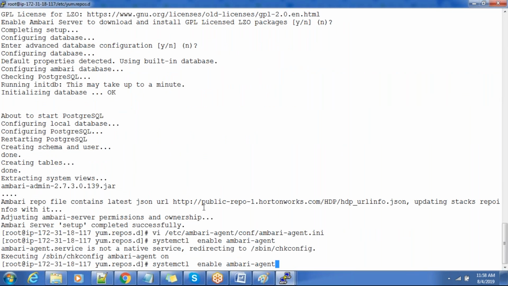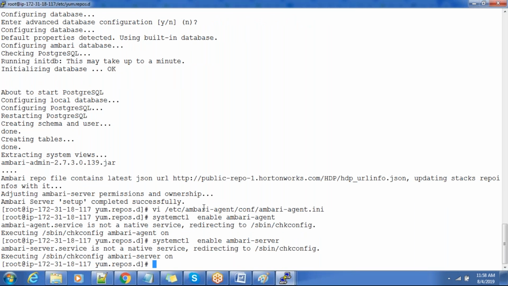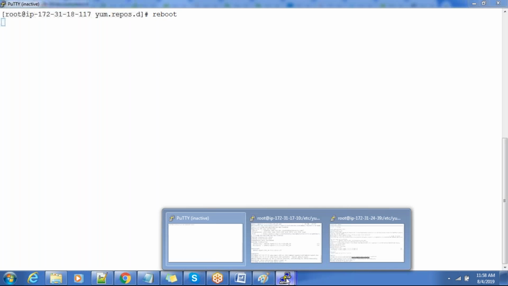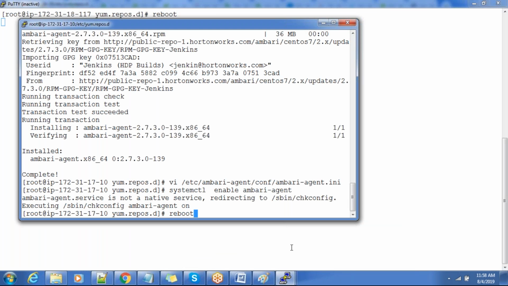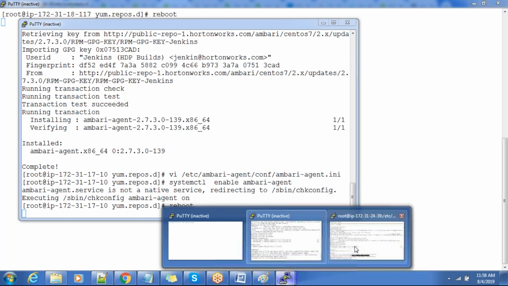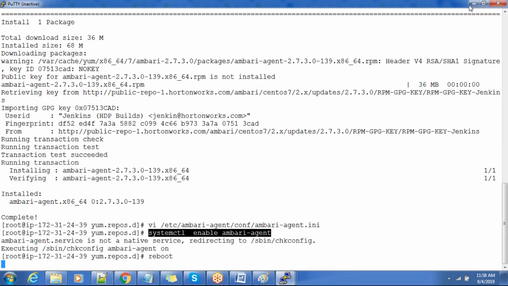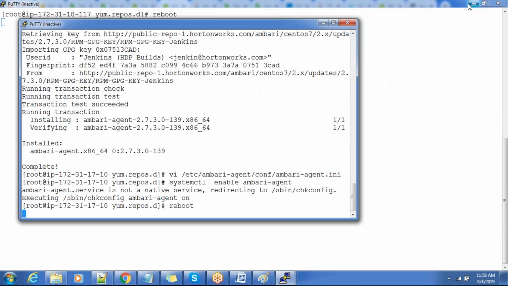Ambari server also. So now let's just restart all these three and continue. Let me just reboot, because I need to update all these host name changes and all, so that you can do a fresh installation after reboot. Okay, so what we have done is just did the Ambari